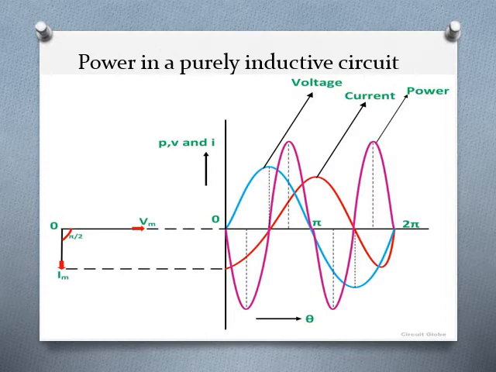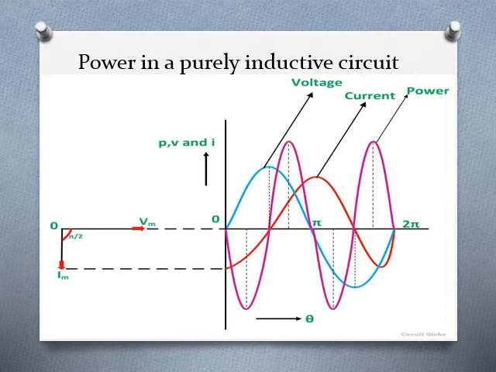The instantaneous value of power is the product of the instantaneous value of voltage and the instantaneous value of current. So now let's calculate the instantaneous value of power for each instant of time. Let's see from angle 0 to pi by 2, or 0 to 90 degrees. For 0 to pi by 2, the voltage curve is in the positive half and the current curve is in the negative half.